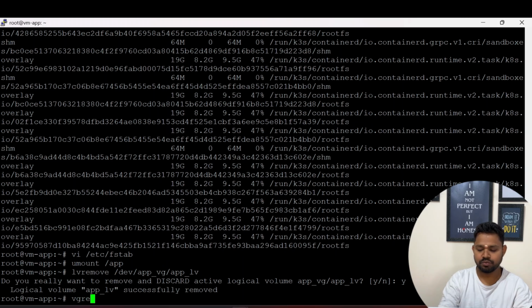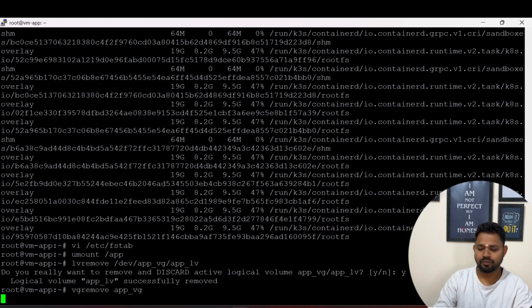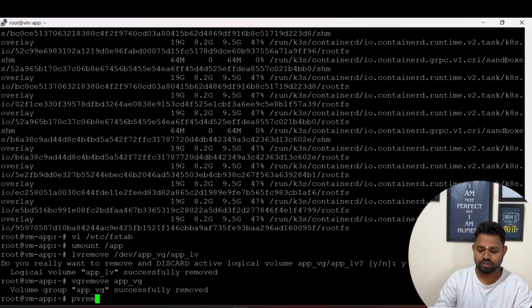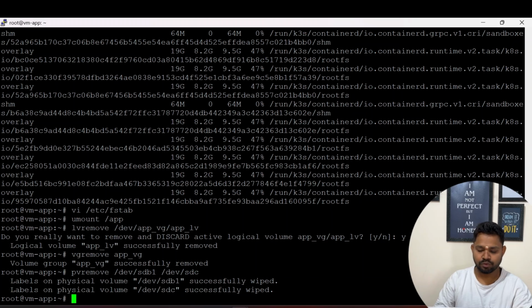Now vgremove /dev/appvg. You can also use appvg, it will understand. Now pvremove, we used two new PVs, that is /dev/hdb1 and /dev/hdc. Both are wiped. Now if you run lsblk,